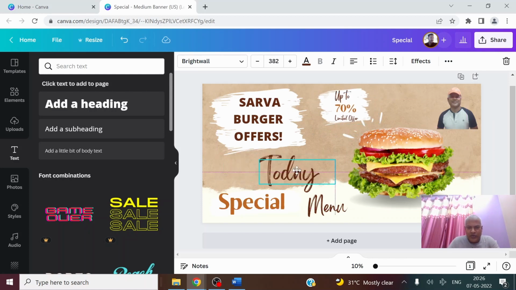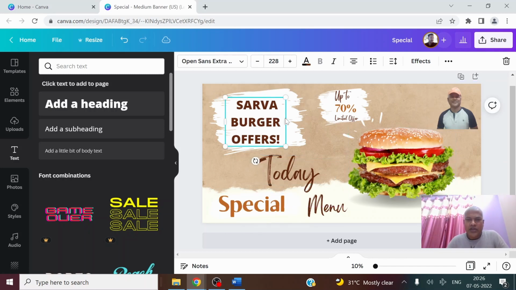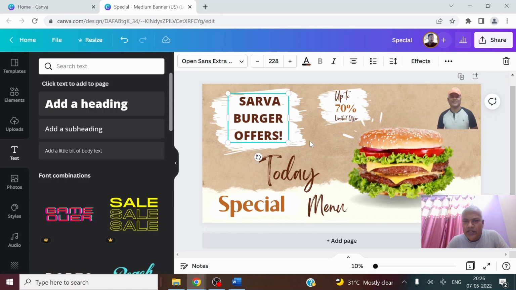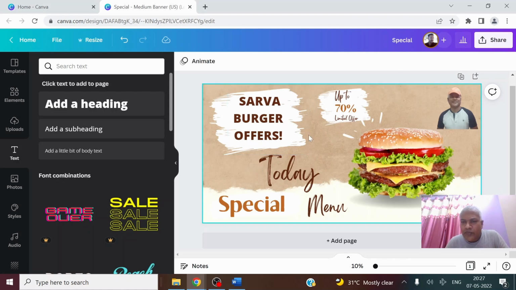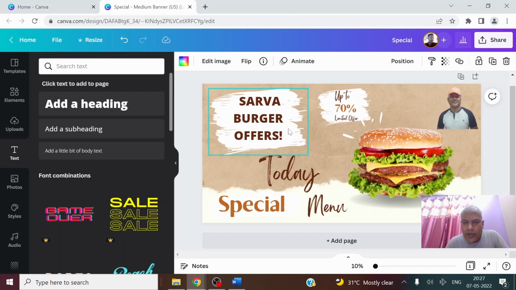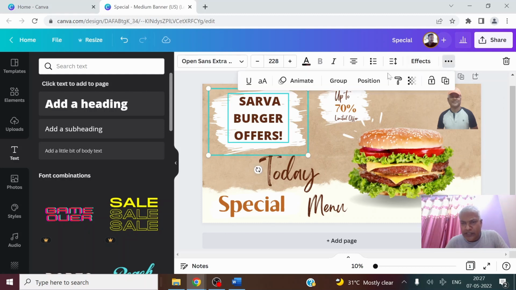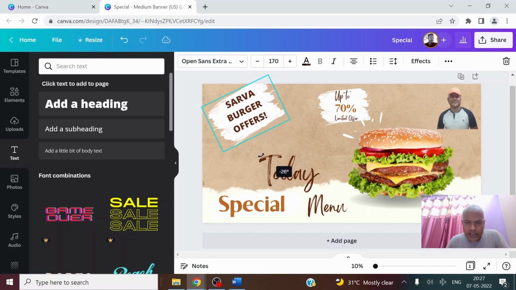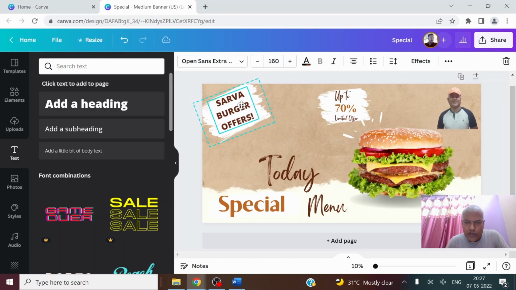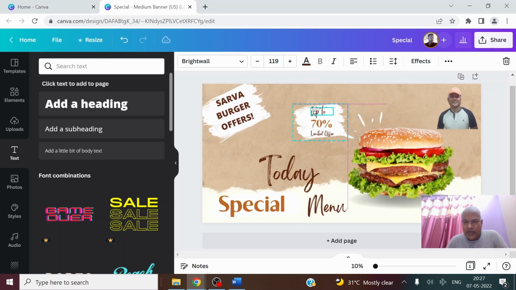Fine. Today's special menu we have put, fine, right? And this one and the outer white background, I have selected both. Then I'm going to click on the three dots and group them and reduce the size a bit, and I'm going to rotate this just to make it more attractive, and I'm going to the top left, and this one I'm bringing here,